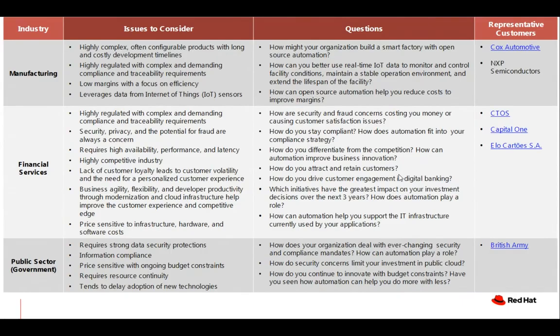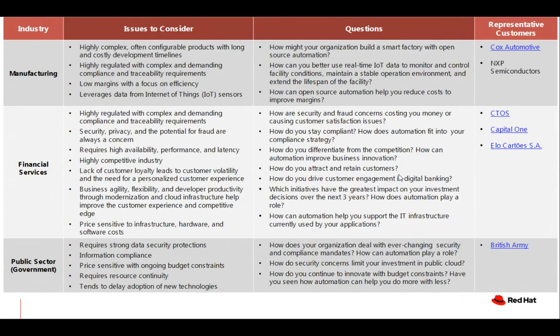In the case of financial services, everyone wants to differentiate themselves, wants to be better. Every bank, for example, wants to create a different kind of customer experience to stay competitive and to be at the edge. So this is where Red Hat technologies can help them to stay ahead of the competition by using automation, by using cloud native development.